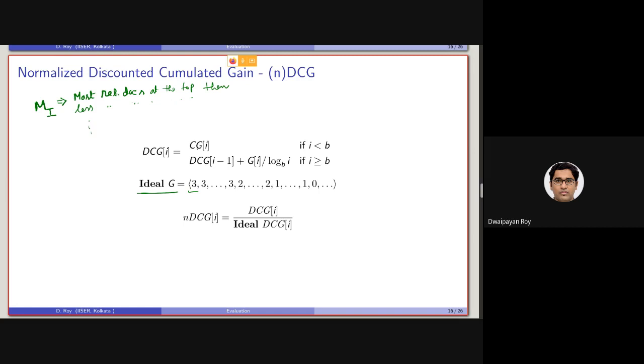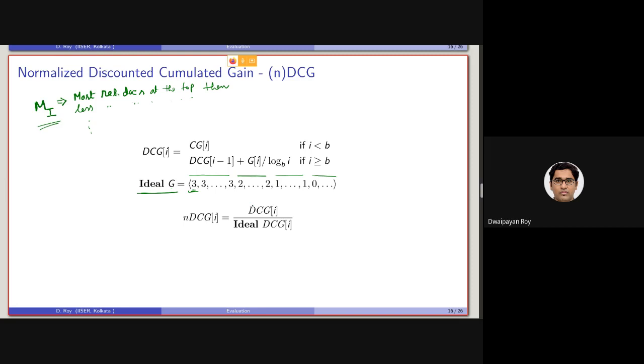So basically, an ideal retrieval system will be retrieving the documents based on their relevance score in the descending order. First, all the documents having relevance score 3 will be retrieved, then 2, then 1, then 0. In that case, it will be basically giving the ideal gain.